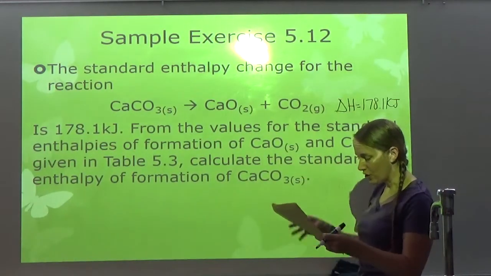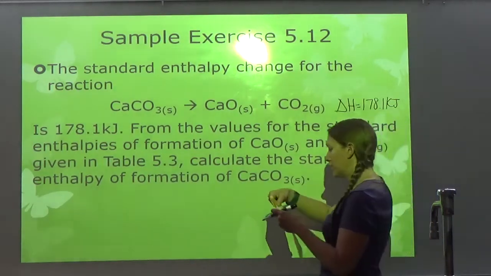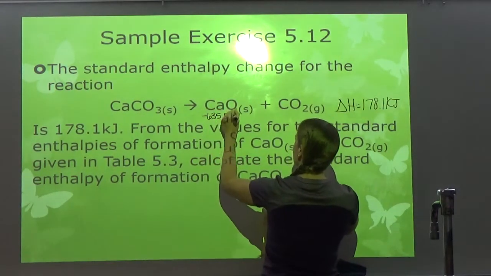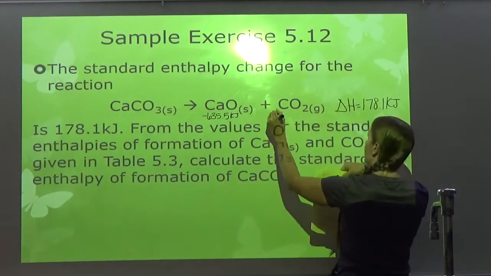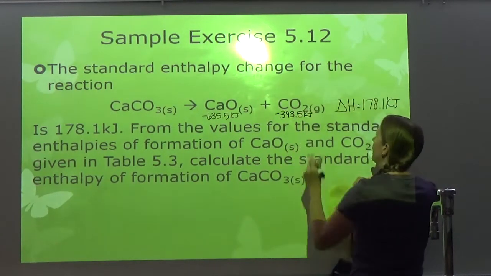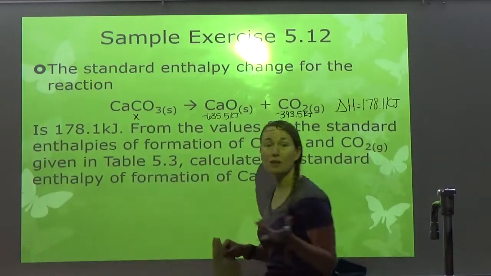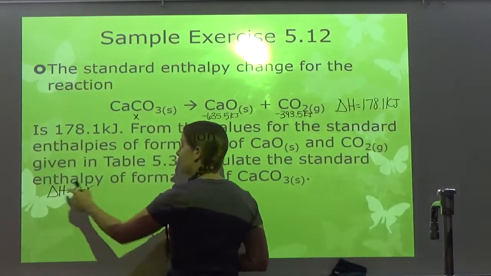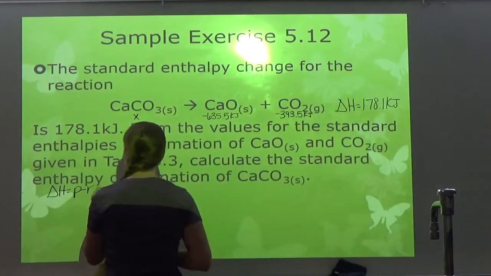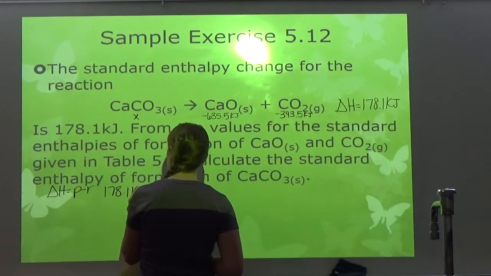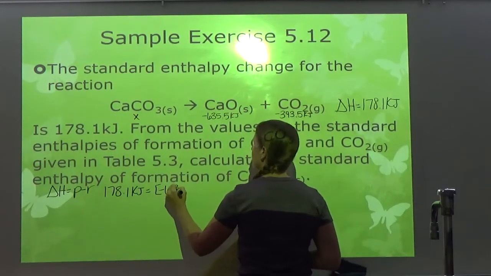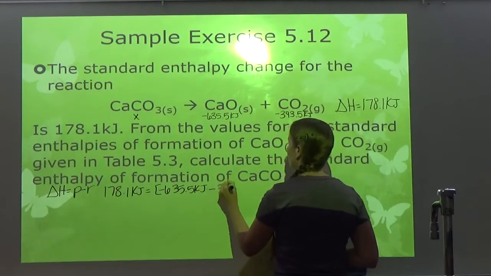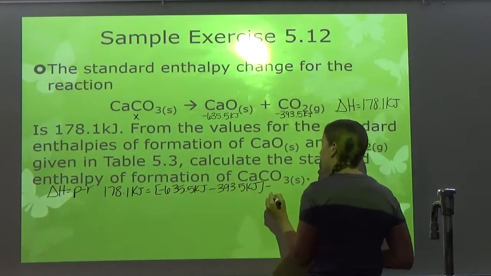So for CaO, when I look on the table, it's negative 635.5, and there's only 1 mole, so it's negative 635.5 kilojoules. For carbon dioxide, it's negative 393.5, and since there's only 1 mole, it's negative 393.5 kilojoules, and this is what we don't know, so I'm going to put an X. Okay, so we know delta H is products minus reactants, but this time we actually know delta H. So delta H is 178.1 kilojoules, and that equals my products, so negative 635.5 kilojoules plus a negative 393.5 kilojoules minus my reactant, which